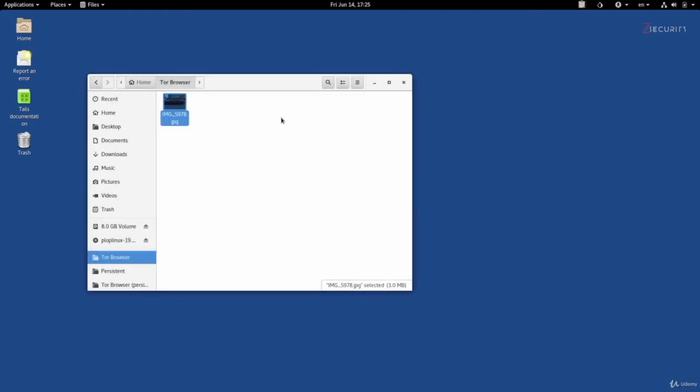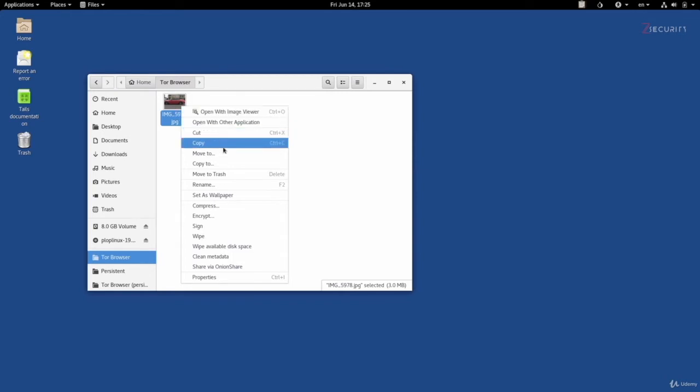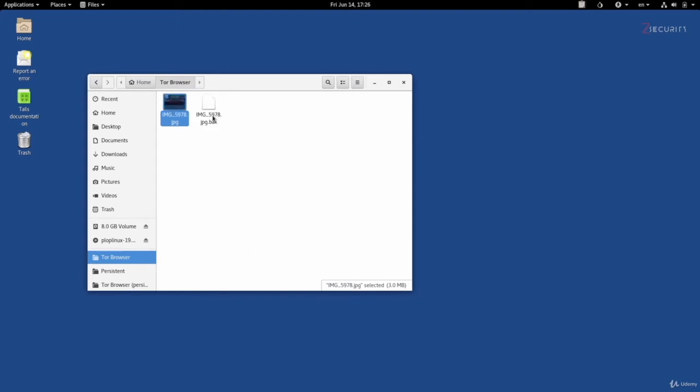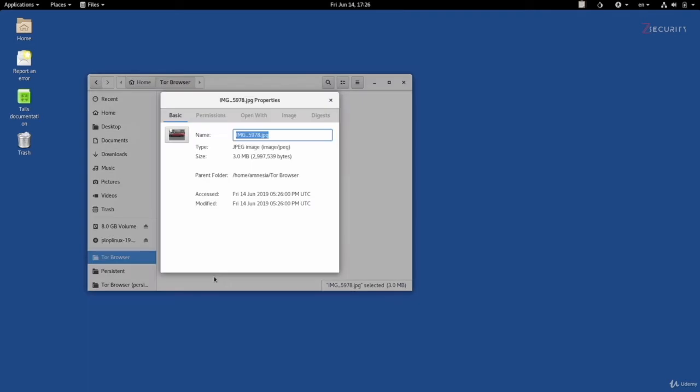All you have to do is right-click the file that you want to remove its metadata and click on Clean Metadata. One click on this, it'll first create a backup of the image, as you can see in here, just in case the process could break something. And then right here, we have the image itself after clearing the metadata from it. So right click it and go to Properties now.